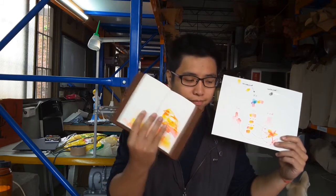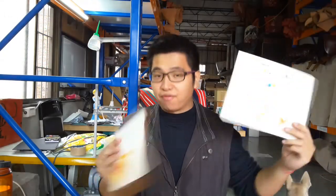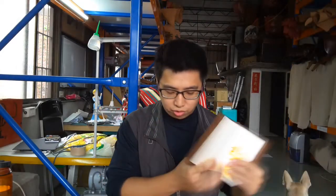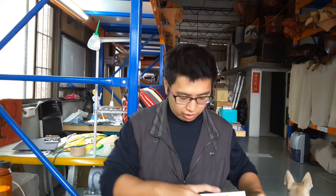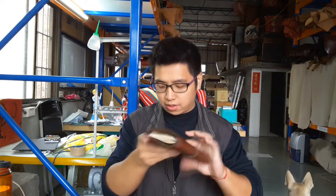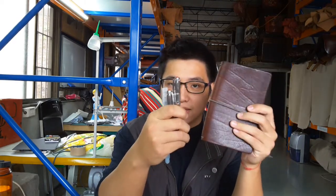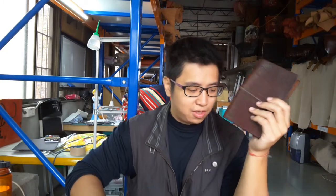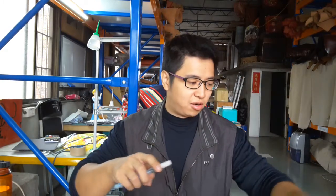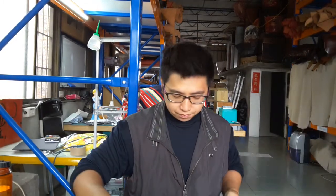Okay, so... but I forgot to show you guys one thing. Why I like to use this water pen, because it's very cool. If you take your travel notebook with these three pens, you can start painting. That's the thing I like. But this water pen in Taiwan is very easy to buy, but sometimes in America or in other countries, it's difficult to find this kind of tool. So actually